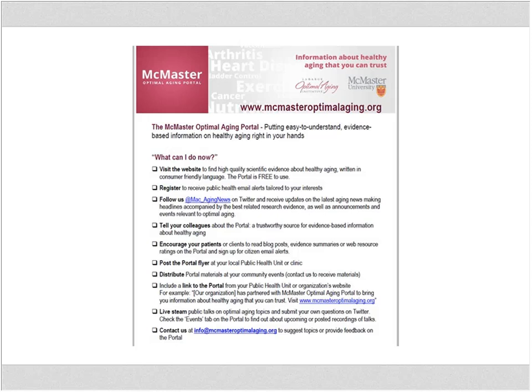You can register to receive email alerts. I didn't go over this in detail, but we do have email alerts that we send out weekly that highlight our latest published blogs, evidence summaries, and web resource ratings, as well as professional alerts that send you the published research abstracts. So the ones that we haven't translated, this is directly from the publishers coming through the various databases to your inbox. If you sign up for public health email alerts, these are the latest updated abstracts coming from Health Evidence. So if you're interested, please do sign up for those as well.